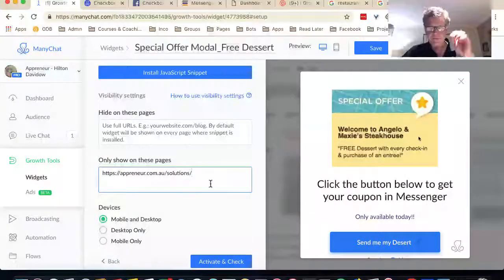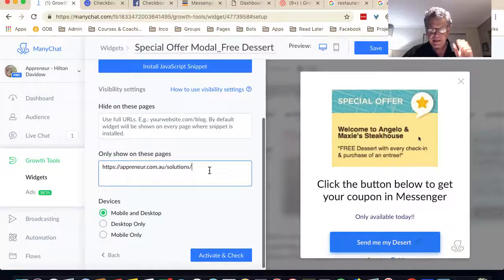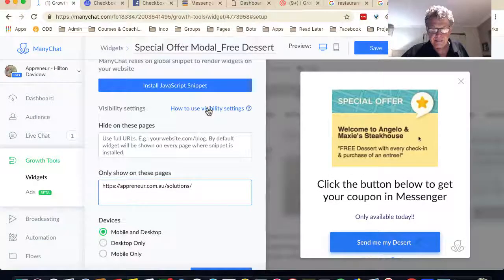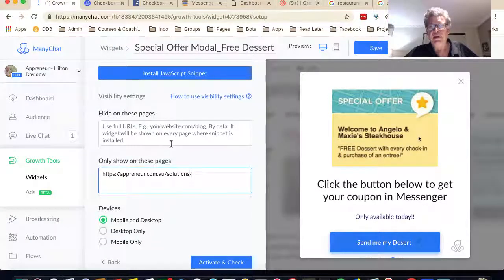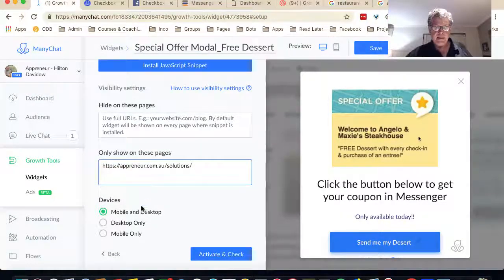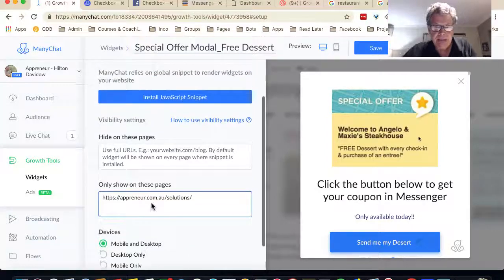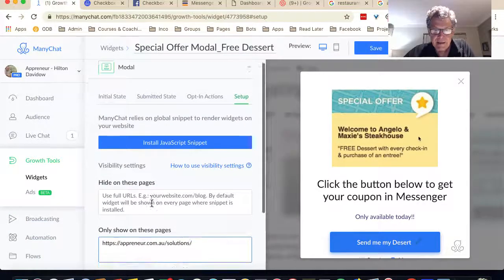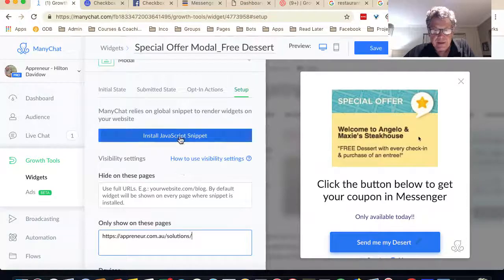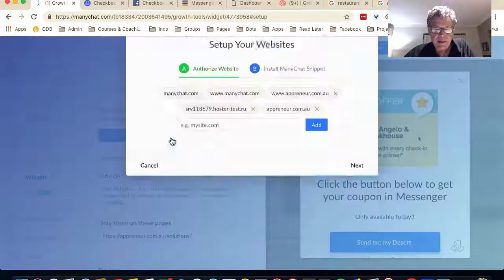I've told Manychat that I just want to show it on that page. I could have it on all pages and just hide it on some specific pages, like I might not want to show that on my sales page or thank you page. And then I've got options. I can show it on mobile and desktop, or mobile only. And then the JavaScript, if I click on that,